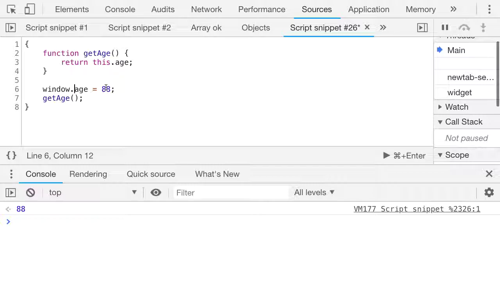So this is the default behavior. That is the default behavior of the lexical this. However, we can change that. So we can override the lexical this. This is a classic job interview question. So if I have another object called let newUser,